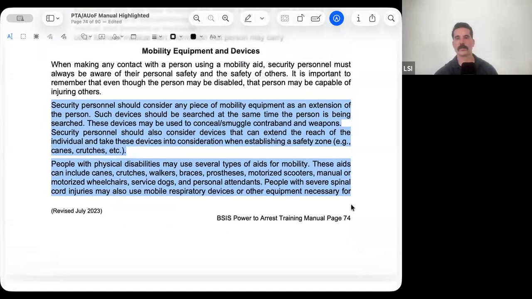People with physical disabilities may use several types of aids for mobility. These aids can include canes, crutches, walkers, braces, prostheses, motorized scooters, manual or motorized wheelchairs, service dogs, and personal attendants. People with severe spinal cord injuries may also use mobile respiratory devices or other equipment necessary for